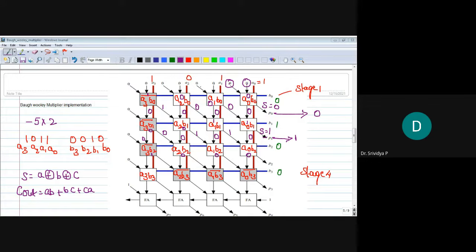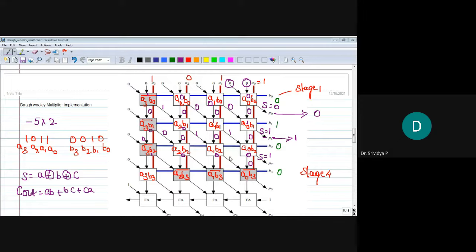Finding out the sum and carry from the full adder in this stage, what are the inputs to the full adder of this bit? It will be 0, 1 and a 0. Sum will be 1 and carry will be 0 because 1 XORed with 0 XORed with 0, sum bit becomes 1. Okay, carry bit: 1.0 plus 0.0 plus 1.0, carry bit becomes 0.